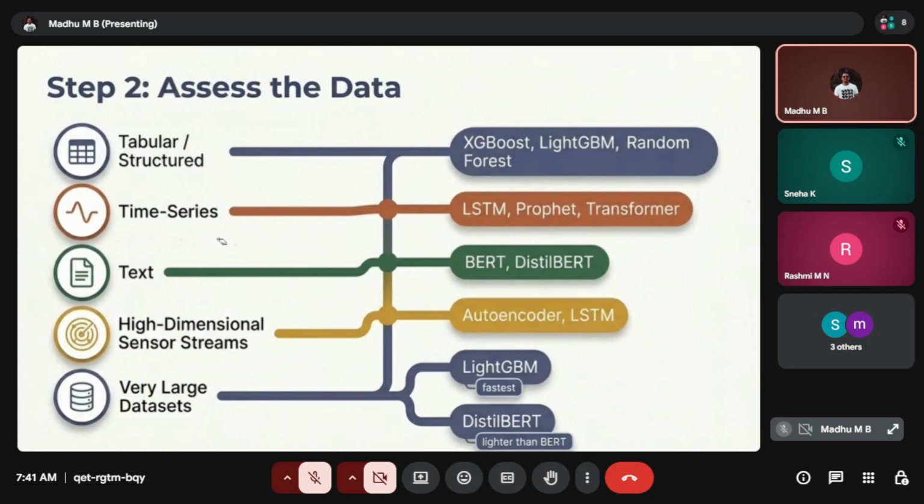Okay, good. So again, in the starting, I was giving an introduction about the data types, correct? Now let's say in step number two, the deep dive, we have to check the tabular column as structured data.